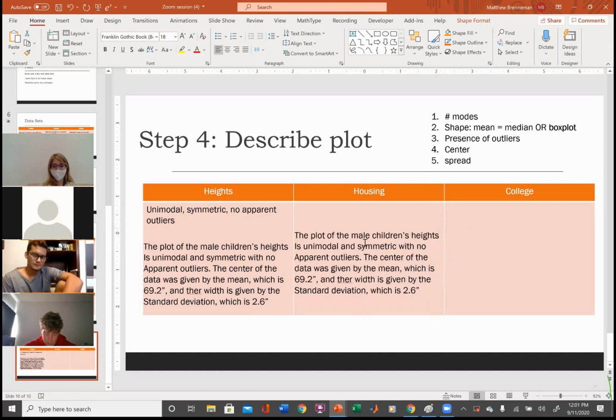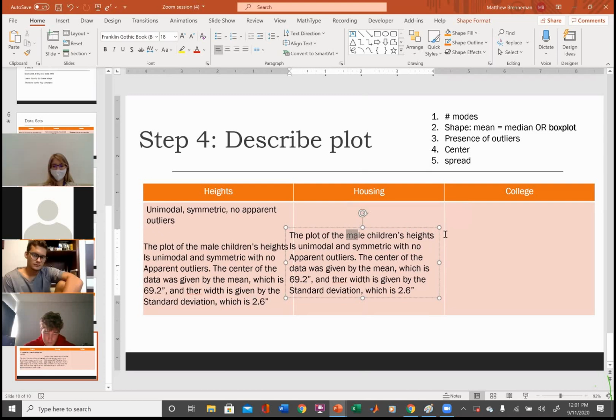There we go. Okay, so the plot of the Craigslist apartment prices is unimodal and right skewed. And most financial data actually is right skewed, whether you're talking about incomes, or prices of commercial goods or whatever, with no apparent outliers.